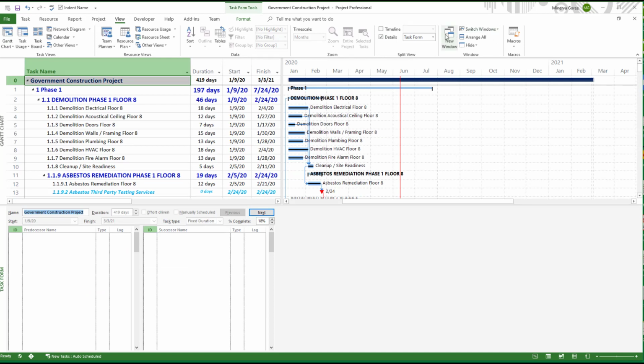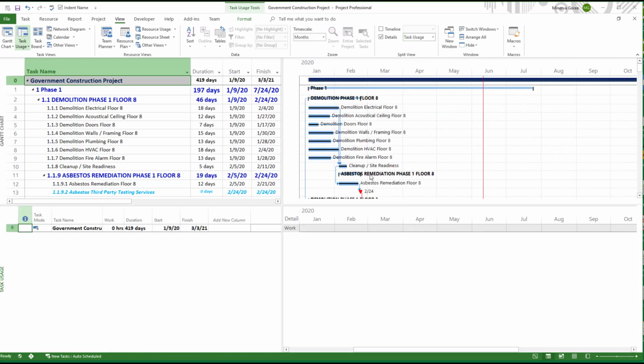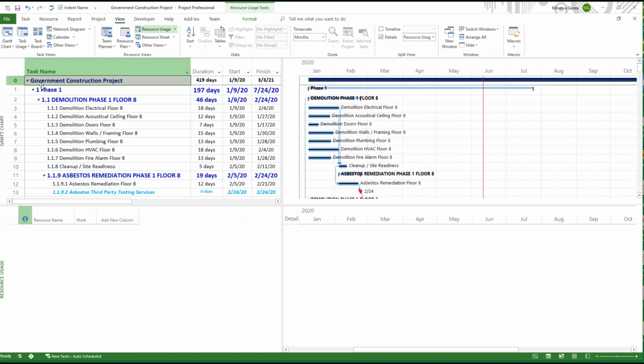So in details right here, right next to the details, it's a drop-down menu, and you have many other views that you can look at, more than what you saw on the split screen. You can actually have your task usage view. You can also have other views in here, such as resource usage. Right now I'm on line 0, so that's what it's seeing down here. So you would have to be in some other line to see if there was any resources or any task